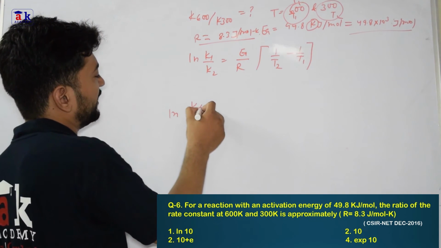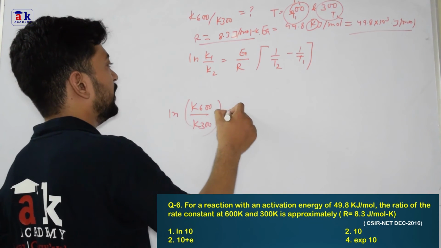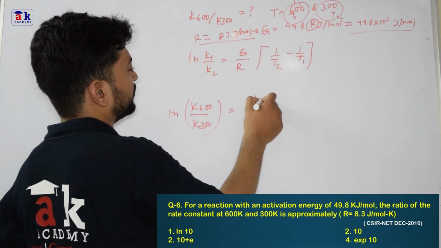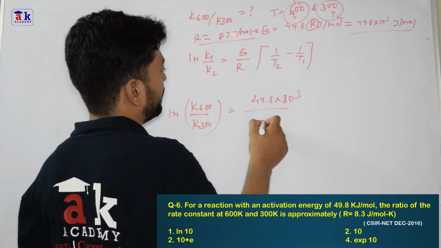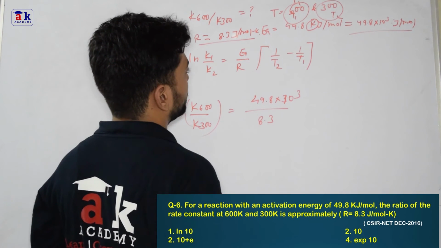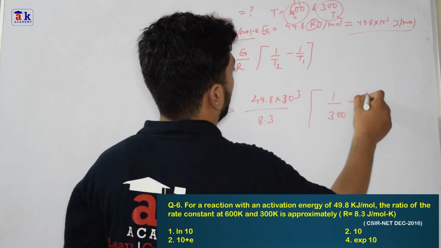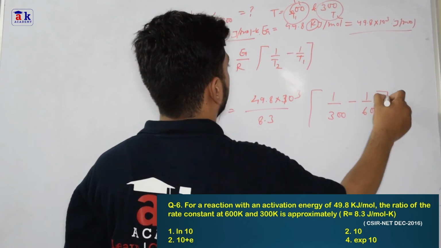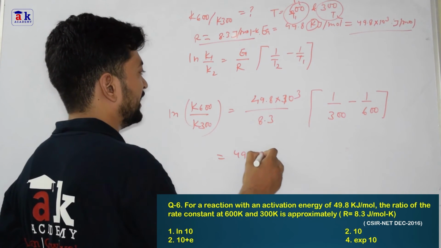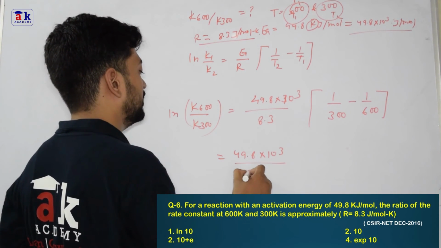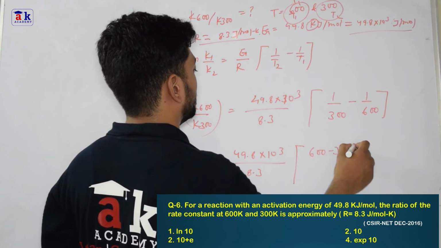So this will become ln K600 divided by K300 is equal to Ea, which is 49.8 into 10 raised to 3, divided by R, which is 8.3. Here we have 1 upon T2, which is 300, minus 1 upon 600. So now let's solve this one. So this will become 49.8 into 10 raised to 3 divided by 8.3, and here we have 600 minus 300